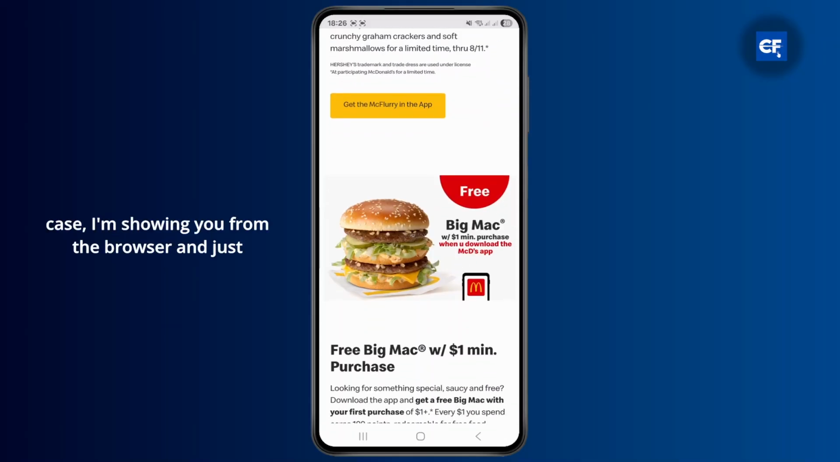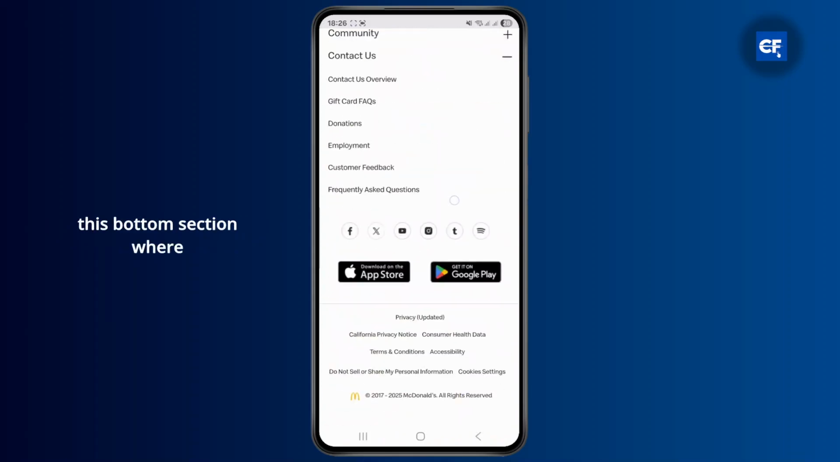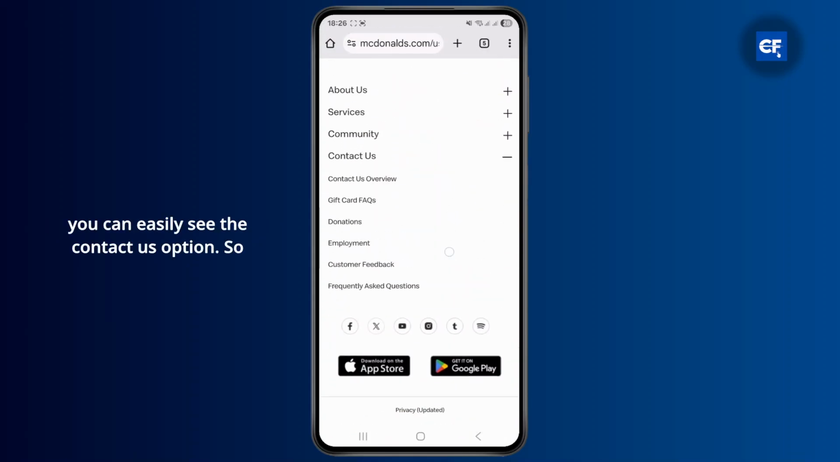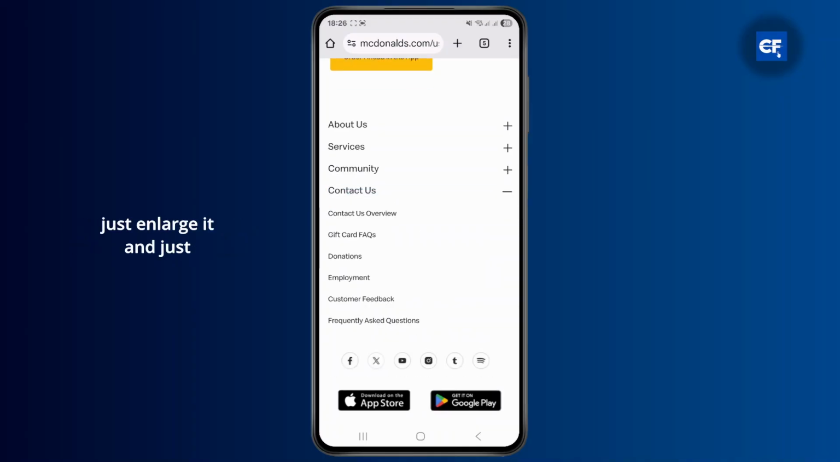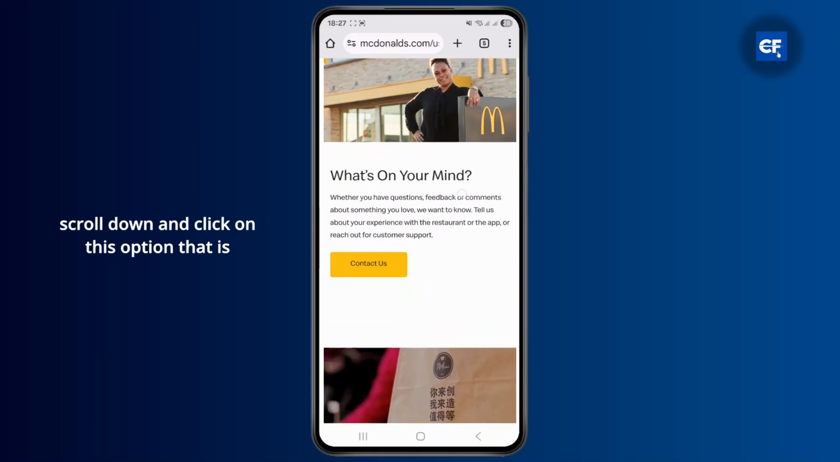In this case, I'm showing you from the browser, and just come over to this bottom section where you can easily see the contact us option. Just enlarge it and click on this contact us option just like this, and from over here I'll head over to this customer overview, scroll down and click on this option that is contact us once again,